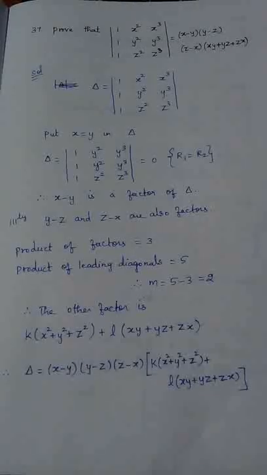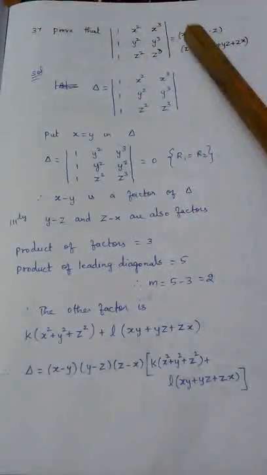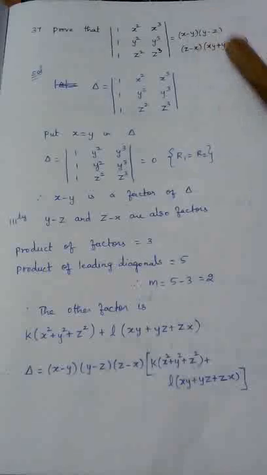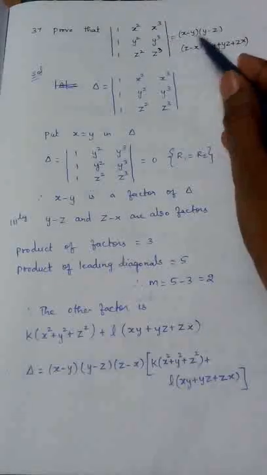And question number 37. We already did the same problem like this two classes before. This is an important sum which is present in the example, so we are going to do this sum also. Question number 37. Prove that this determinant is equal to these 4 factors. So if a question is like this, we can use what theorem? Factor theorem. Before itself I told we will decide the first step using the answer.